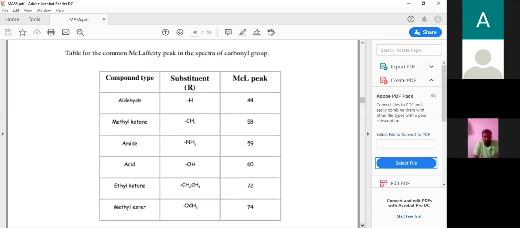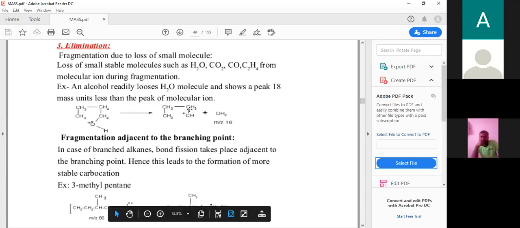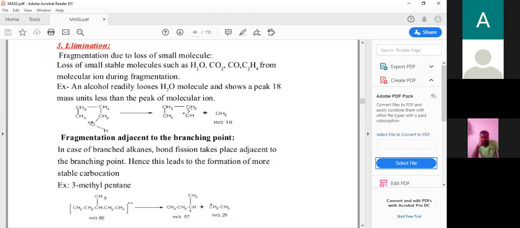Sometimes alcohols also can undergo the McLafferty rearrangement. Next one is elimination. Sometimes fragmentation can also be accompanied by the elimination of neutral molecules. For example, if you have an alcohol, generally it loses water as a neutral molecule, and you have the